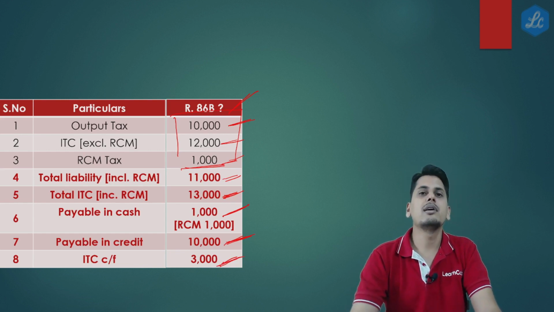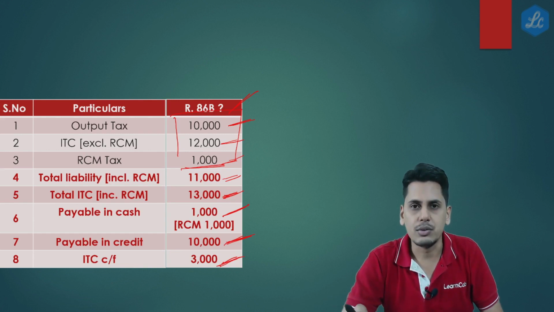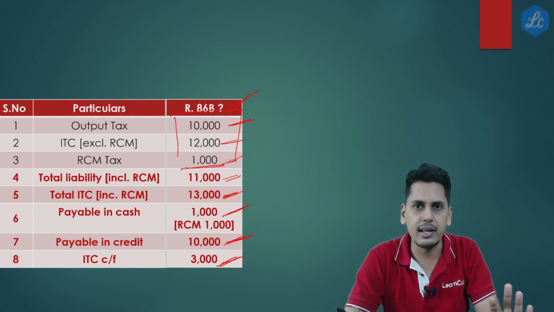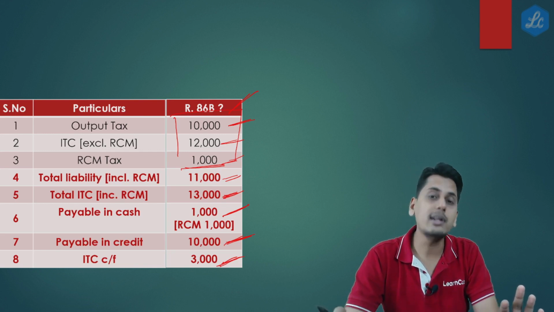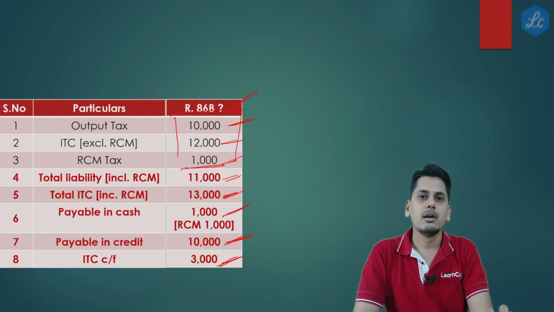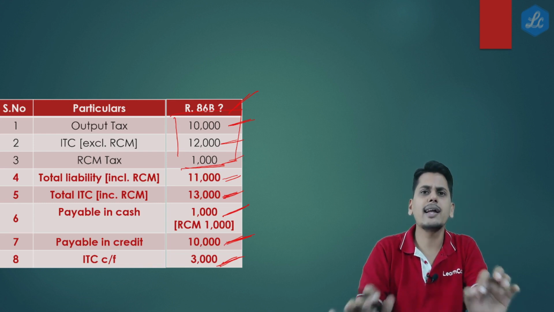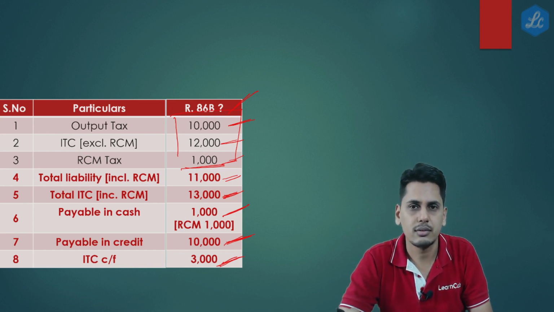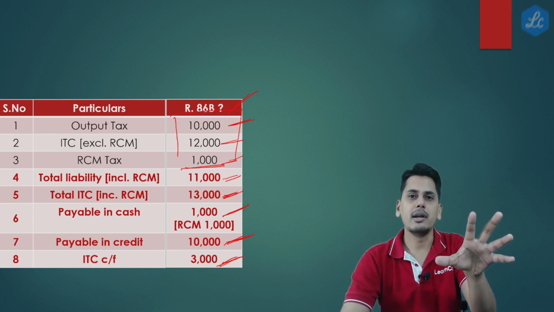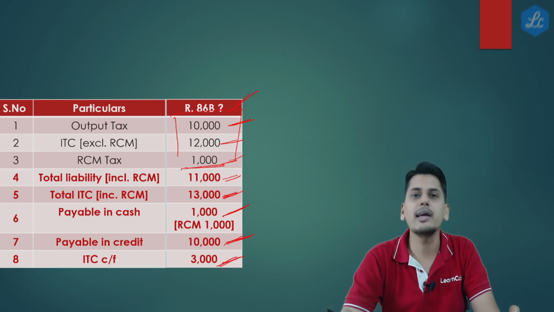Now friends, please tell me, is it complying with 86B? Friends, what does 86B tell you? 86B tells you that out of the total liability, not more than 99% can be paid through electronic credit ledger. Are we clear? Out of the total liability, not more than 99% can be paid through my credit ledger, which